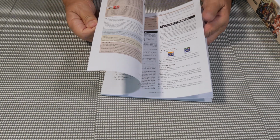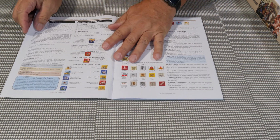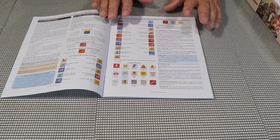And I'm not going to go through all the rules because you can get this if you want and check it out, which you should get, and hopefully it's still available by the time you see this video. I think this is one of the reasons I was happy to get it, is that the place that sells it,